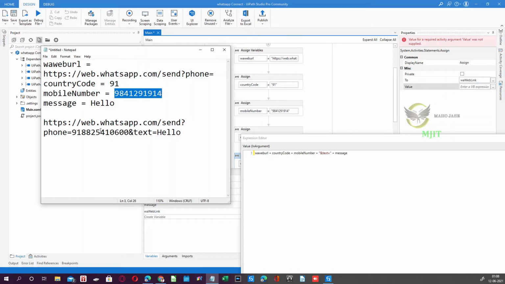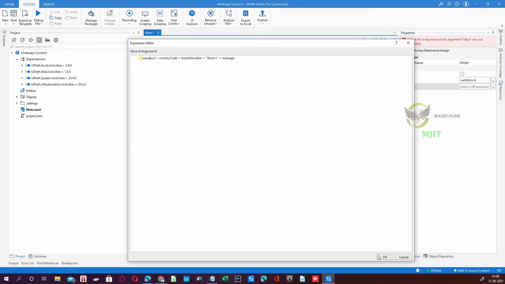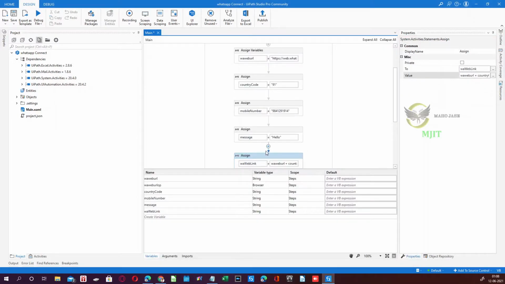So some mobile number we're going to use. Then there is a keyword called ampersand text equal to. This is a text or a string, so we are giving it in double quotes. Then the message, which is in the format of hello. So that's all. We have built that new link also.